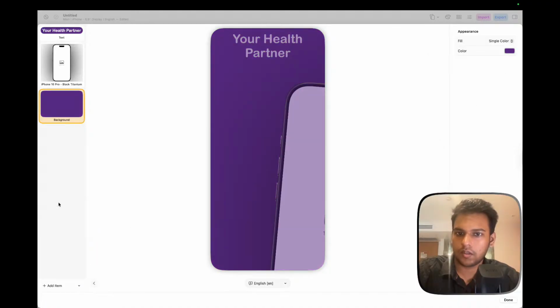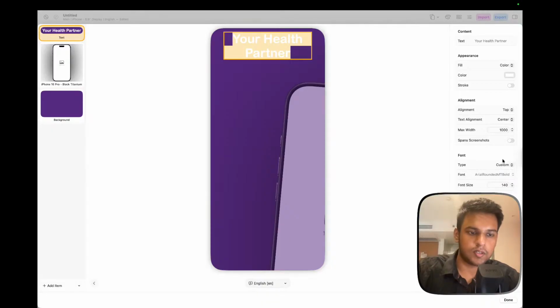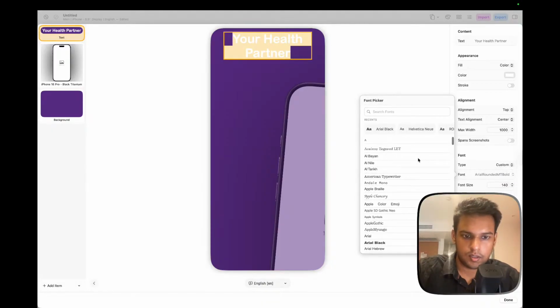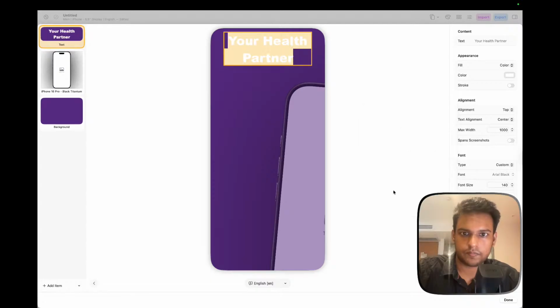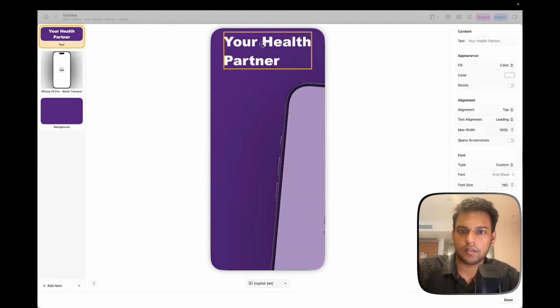Perfect. And make this Your Health Partner. We will use the same font, which was Arial Black, and make it 180, and we will make it leading text alignment, and actually make it 200.